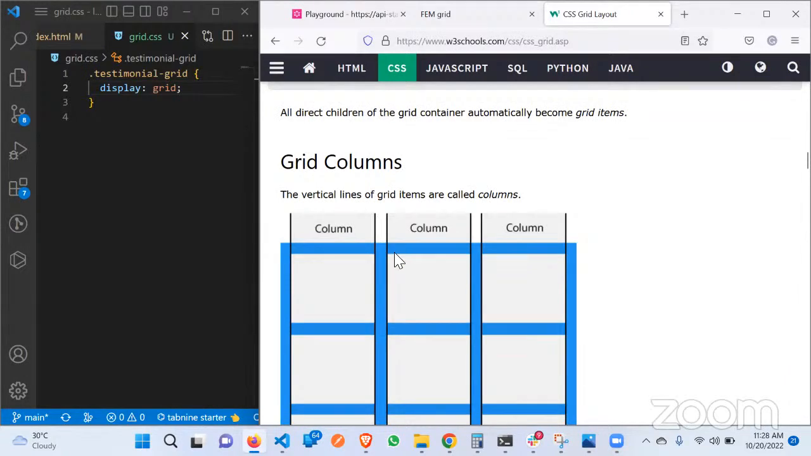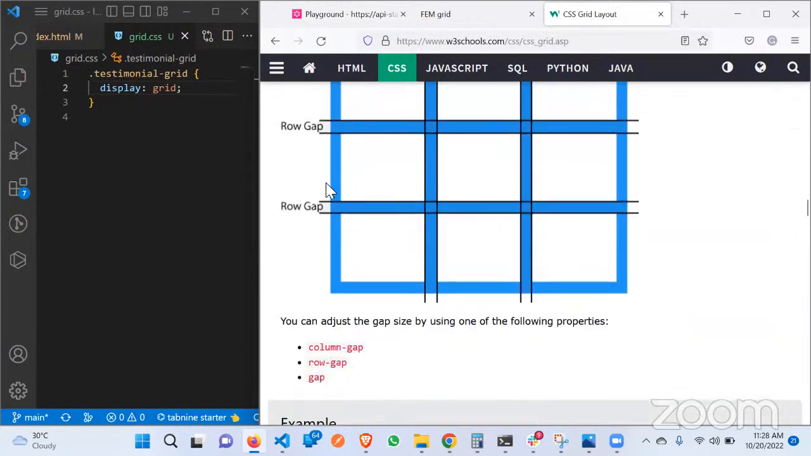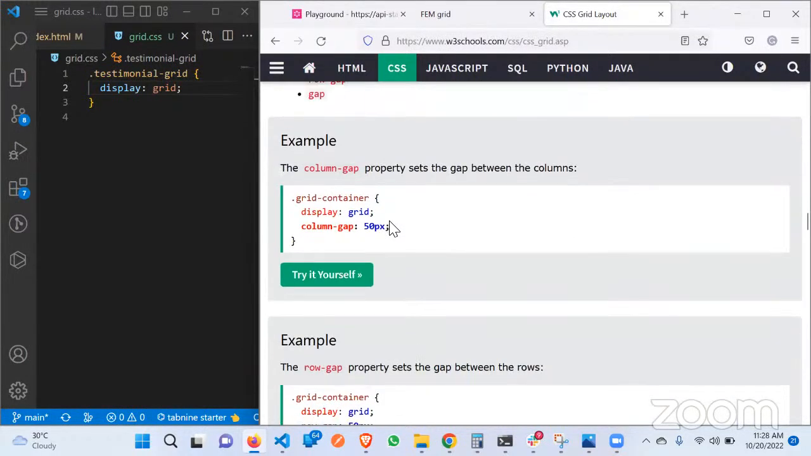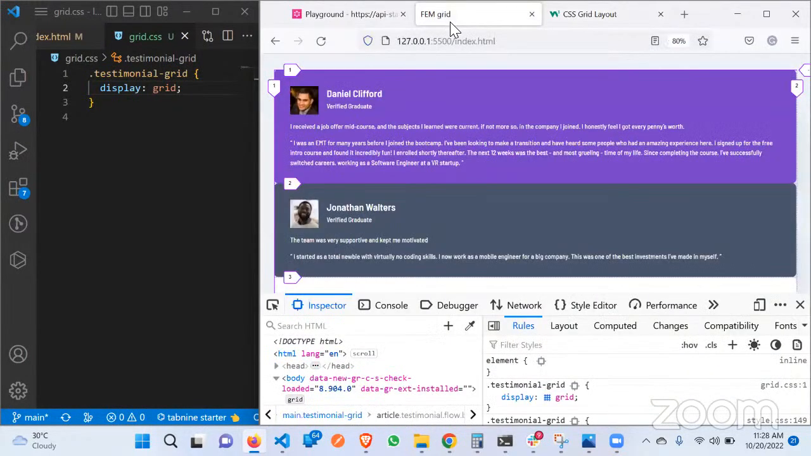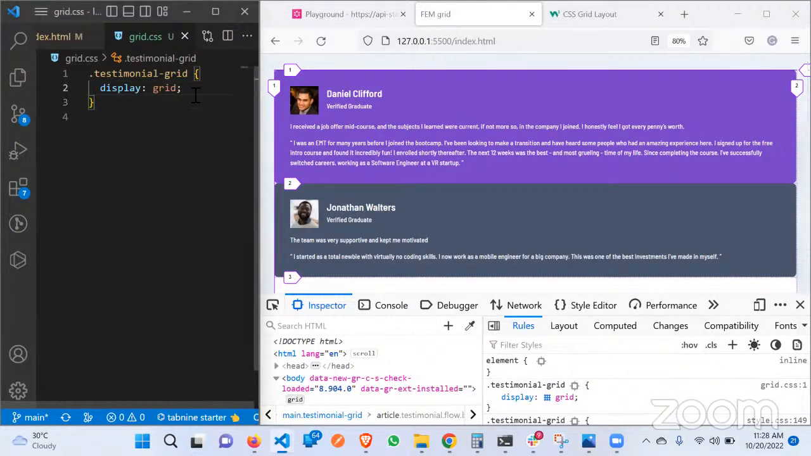In between them is what we call the gap. We have column gap and we have row gap. So let's continue with our explanation. We need 4 columns, as I've earlier explained. Before that, we can add space. There's what we call a row gap and a column gap. Our row is this. If I say row gap should be 1.5rem,